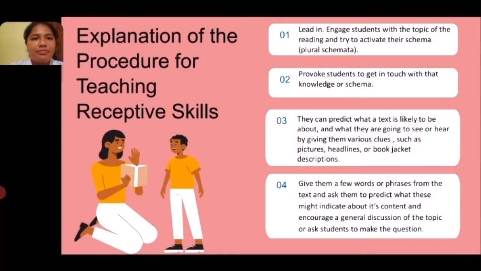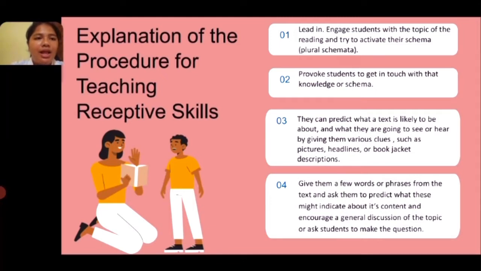Next, the explanation of the procedure for teaching receptive skills. Number 1, engage each student with the topic of the reading and try to activate their schemata. Number 2, provoke students to get in touch with that knowledge or schema.